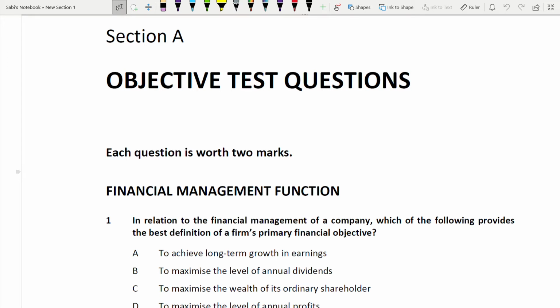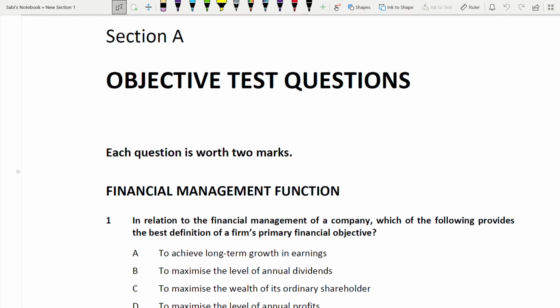So today's video I'm going to discuss the revision kit questions on section A. Don't get confused because there are two section A. One section A is in the exam paper, where you are going to get